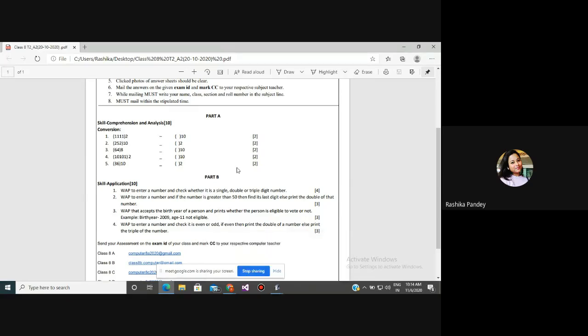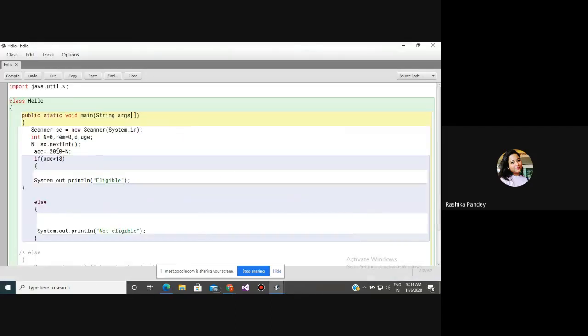The question is: write a program to enter a number and check if it is even or odd. If even, then print the double of the number, else print the triple. So suppose n is a number,